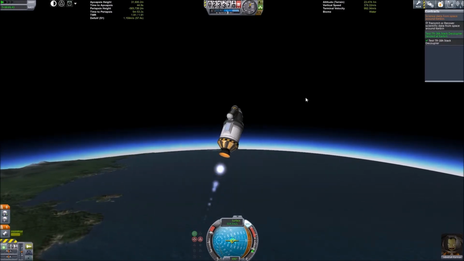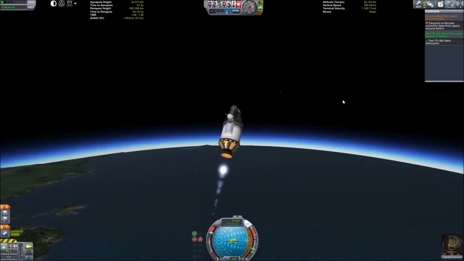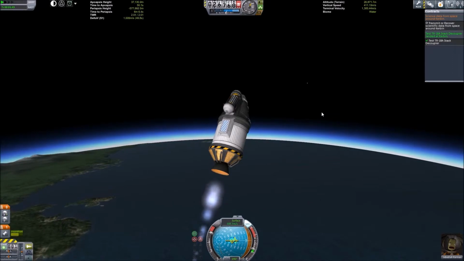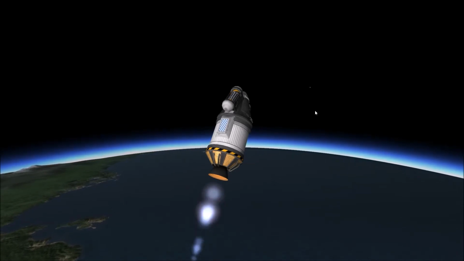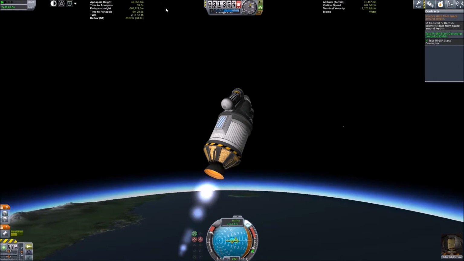contract. There we can see Minmus in the distance, something I think we need to visit one of these days. So as part of our observations, let's just pick off that as a nice postcard for Gene and carry on up. So we're at 45 kilometers now,